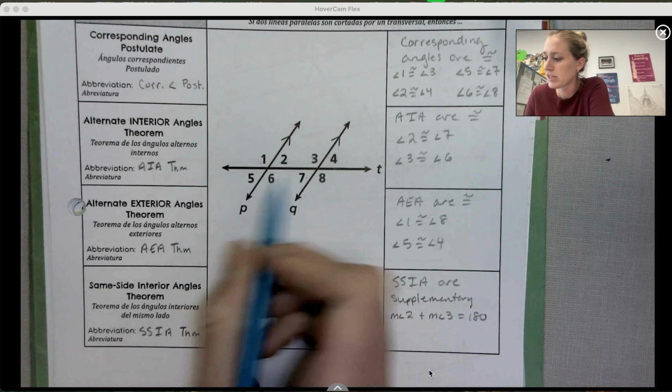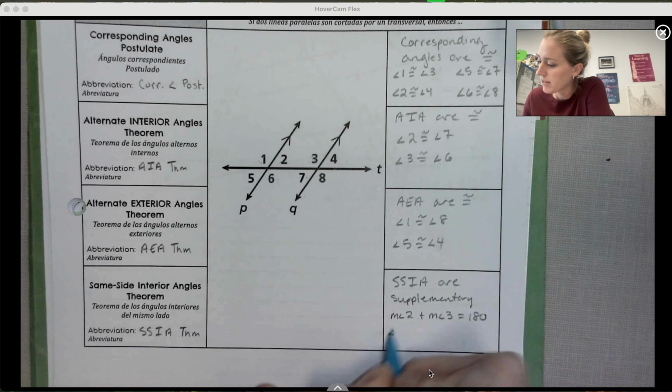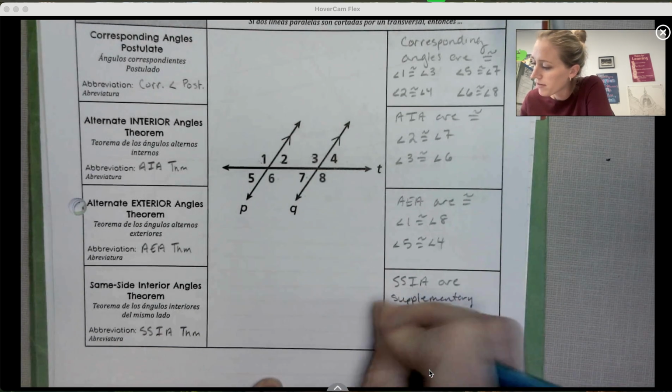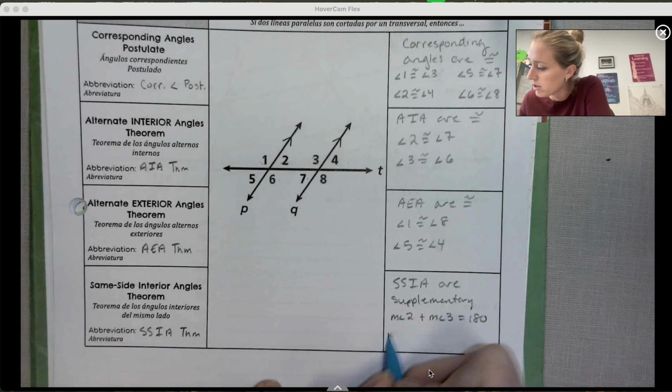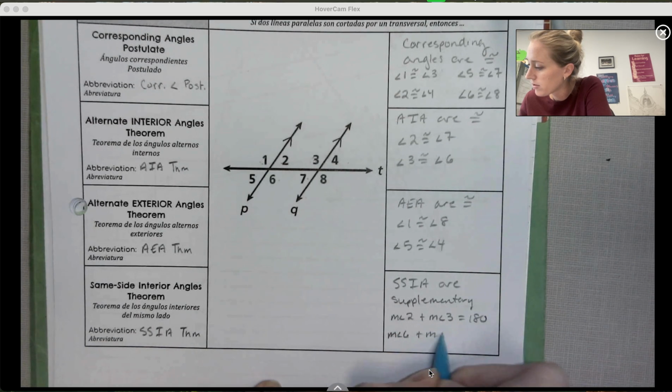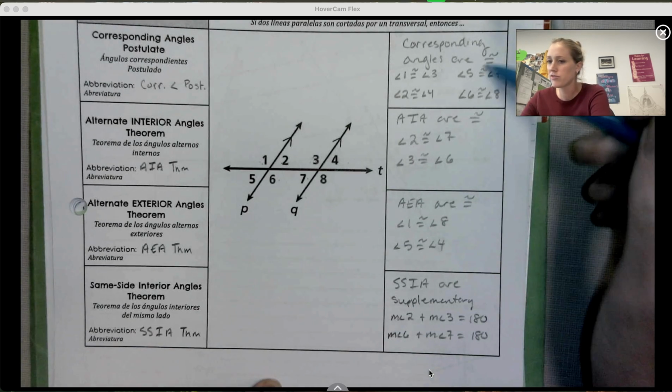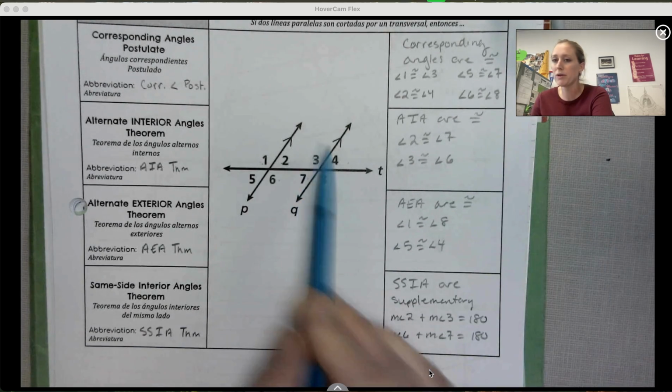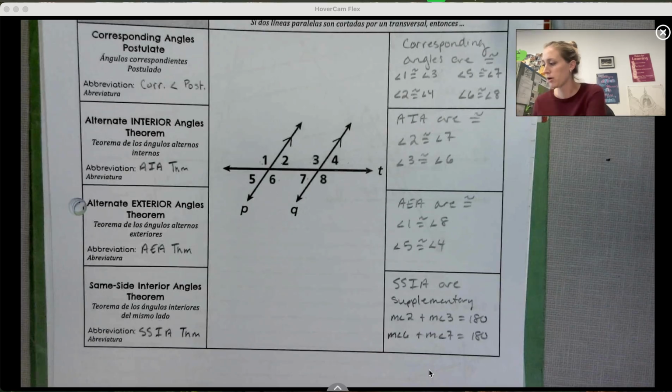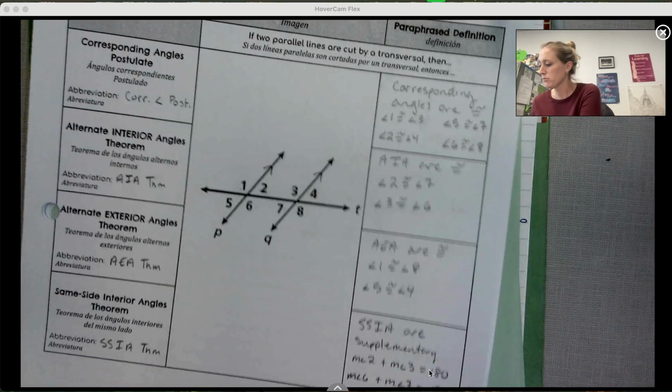The other pair of same side interior are 6 and 7, so they have that same relationship, that the measure of angle 6 plus the measure of angle 7 equals 180. So all these relationships happen when we have parallel lines cut by a transversal. Okay, now we're going to do some examples